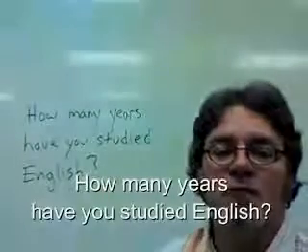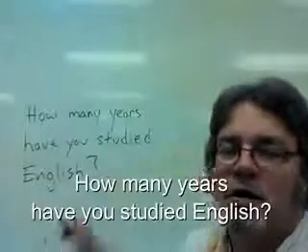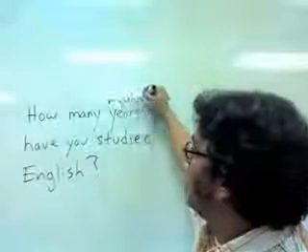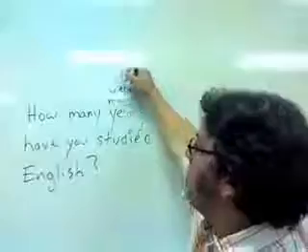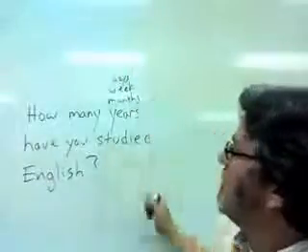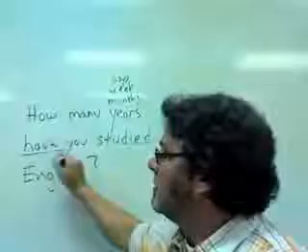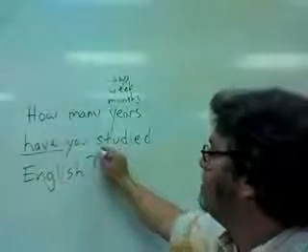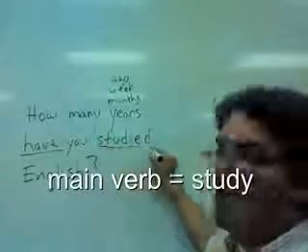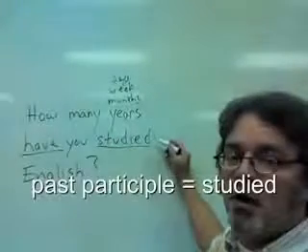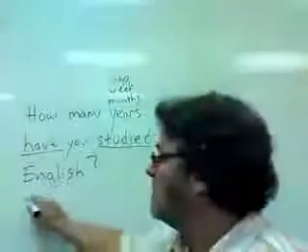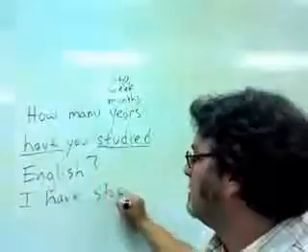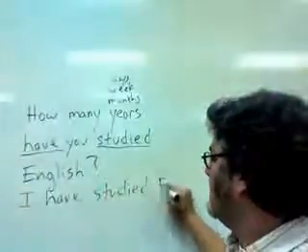How many years have you studied English? We can change the word years to months or weeks or even days. The question uses the helping verb have, and then the main verb is study. It's in the form of the past participle. When you answer the question, you say, I have studied English